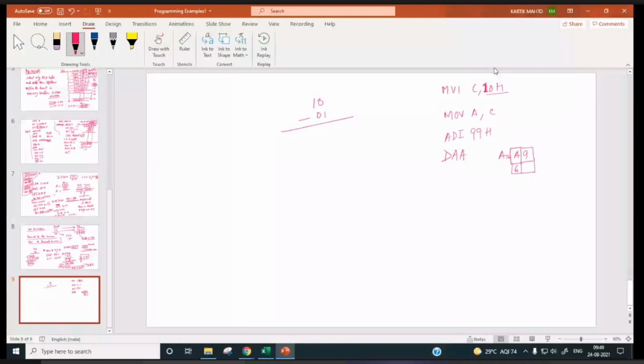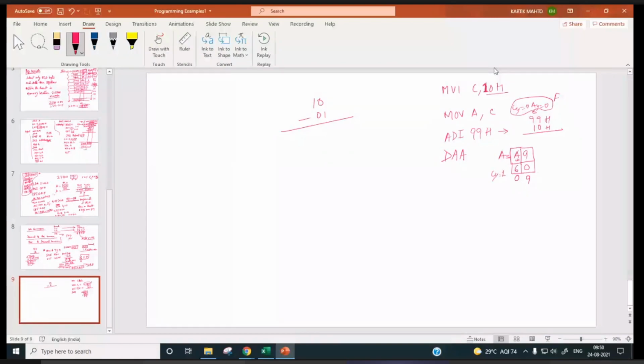While adding this 99H and 10H, right, no auxiliary carry was generated. If you add this one bit by bit, then we'll find auxiliary carry is 0, carry is also 0. So nothing will be added due to these flag contents. So only due to this upper nibble, which is A, more than 9, 6 will be added to this. So what will be the result? This will be 9. A plus 6 is F. 0. A plus 6 is 0 and carry will be 1.